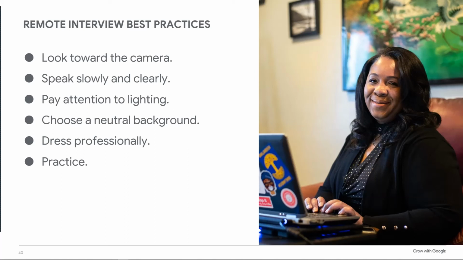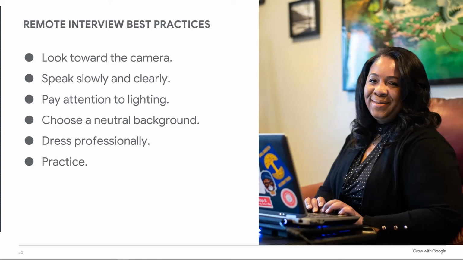The other thing is if you are doing a virtual background, make sure your clothing does not mess with that background, so that you're not missing half an arm or it doesn't cover up part of your body as you're going through, because that can be distracting as well. So pay attention to that as you're going into your interview, making sure that it fits and it doesn't become distracting.